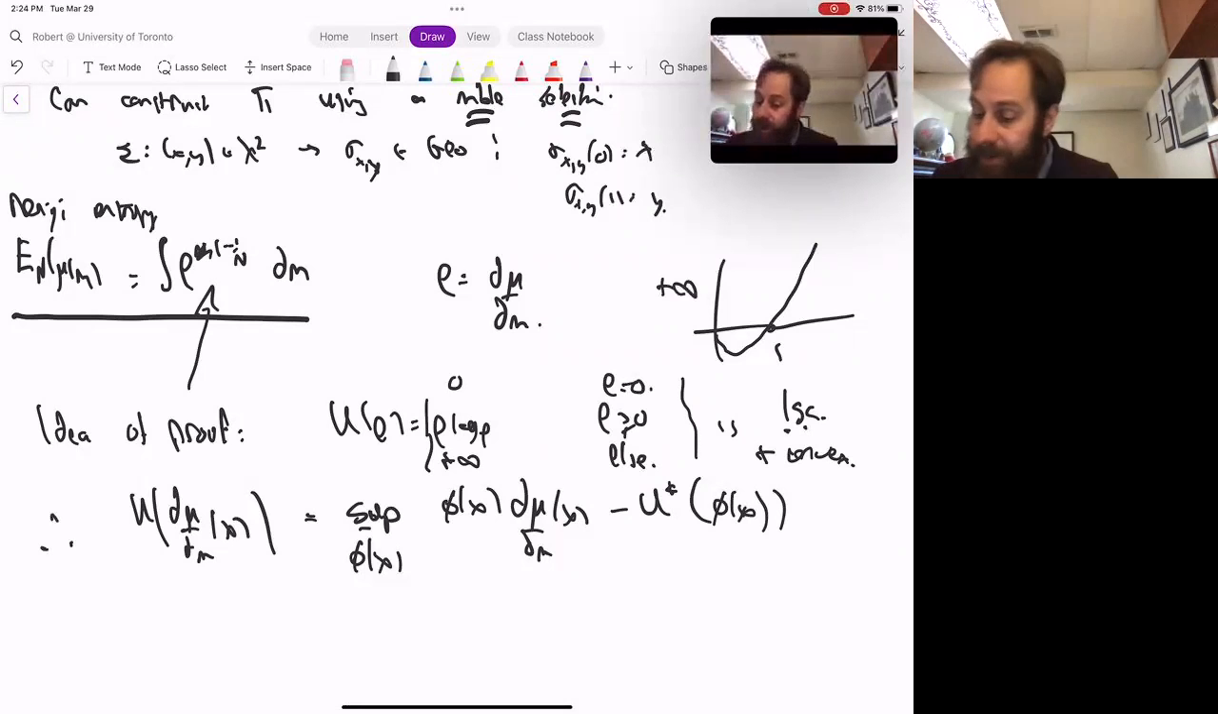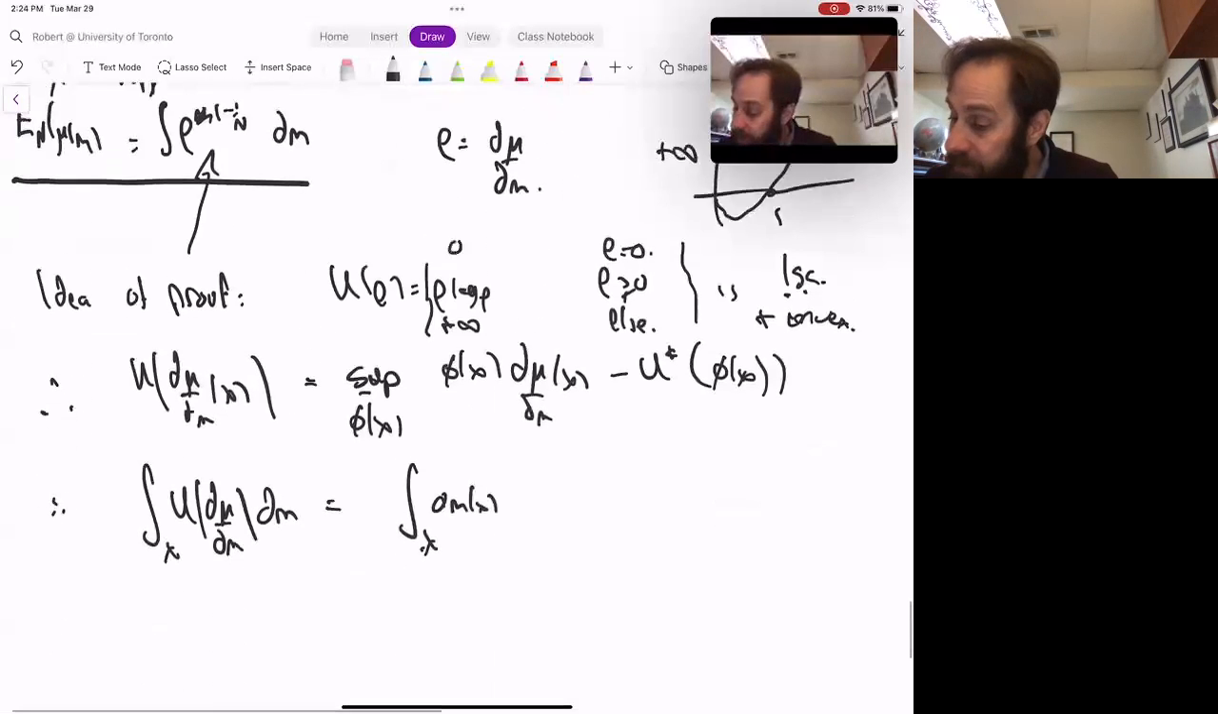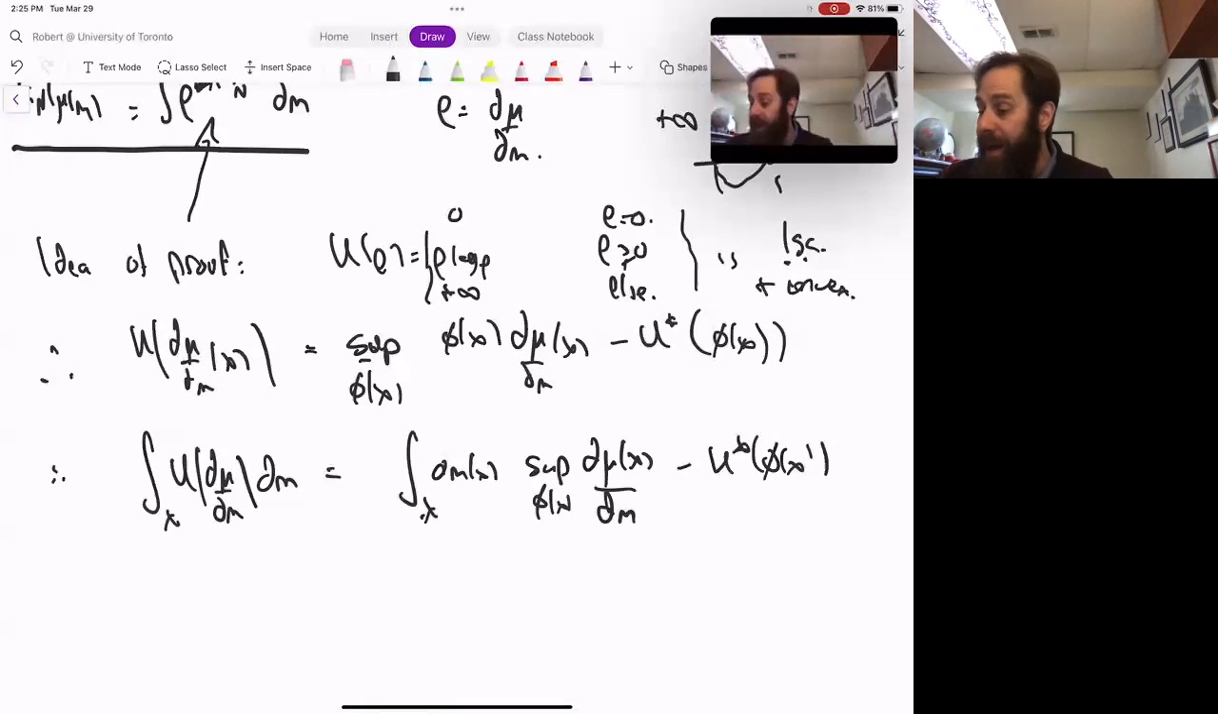And now the idea is to integrate it, with respect to m. So therefore the integral of u d mu dm dm is the integral dm x of the supremum. And think about replacing the integral by a sum. The basic idea is I would like to pull the supremum through the sum, but the other idea is that I can choose the phi however I like at the different points in the sum, and so